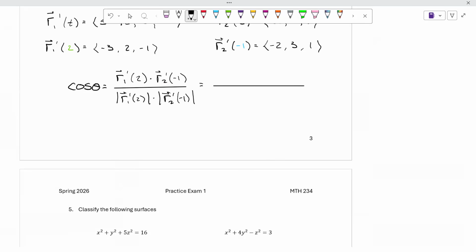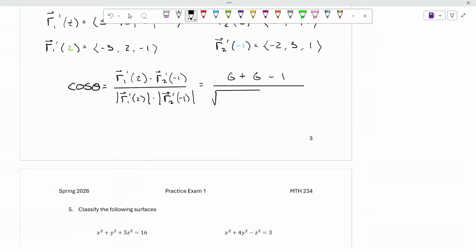So, straight line for my fraction bar. Let's see. -3 times -2 is 6. Plus 2 times 3 is also 6. Plus -1 times 1 is -1. Center that a little bit. Divided by